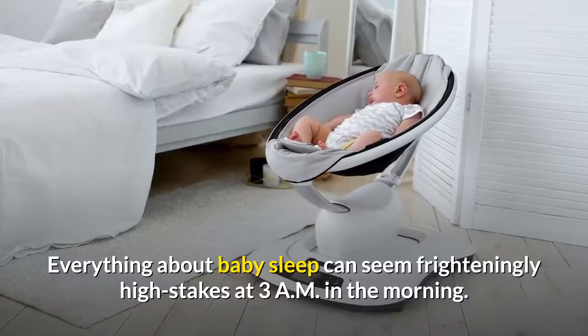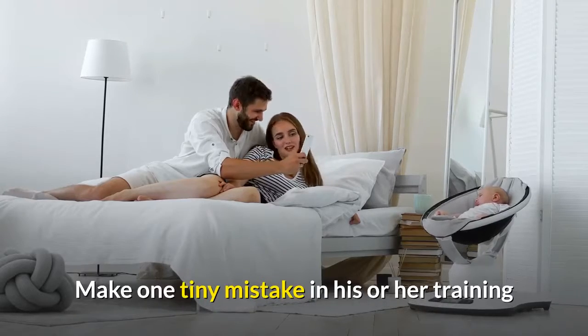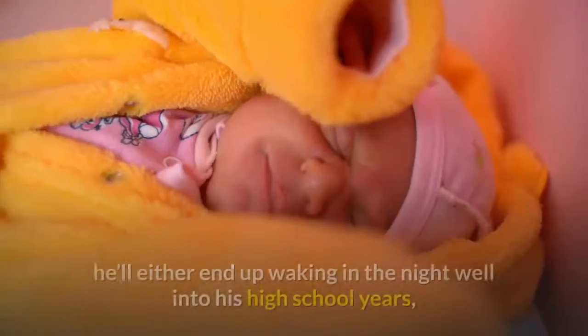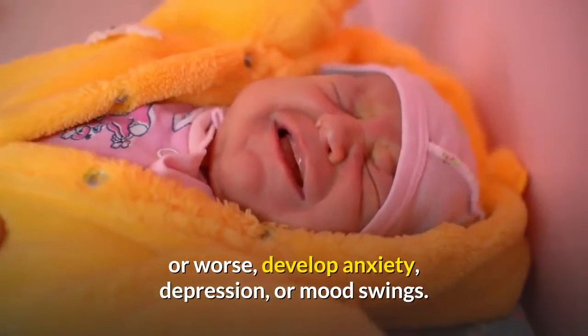Everything about baby sleep can seem frighteningly high stakes at 3 a.m. in the morning. Make one tiny mistake in his or her training and your child's development will be seriously affected. He'll either end up waking in the night well into his high school years, or worse, develop anxiety, depression, or